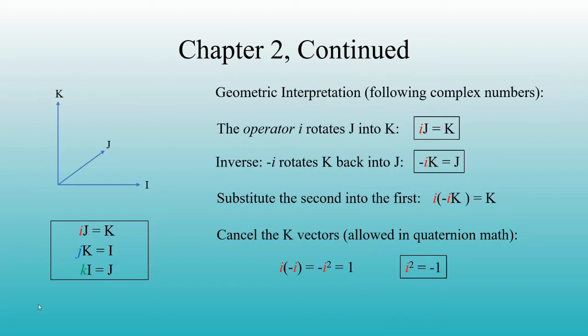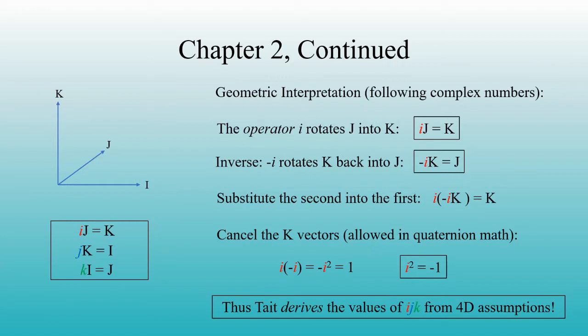I find this to be clever and weird at the same time. Tait hasn't postulated that i, j, k are imaginary the way we did earlier when we were trying to follow Hamilton's elaboration on the complex plane. No. He has derived that ijk must be imaginary based on the assumed rotation properties of Tait's vectors, which in turn came out of his definition of a quaternion as one vector divided by another.